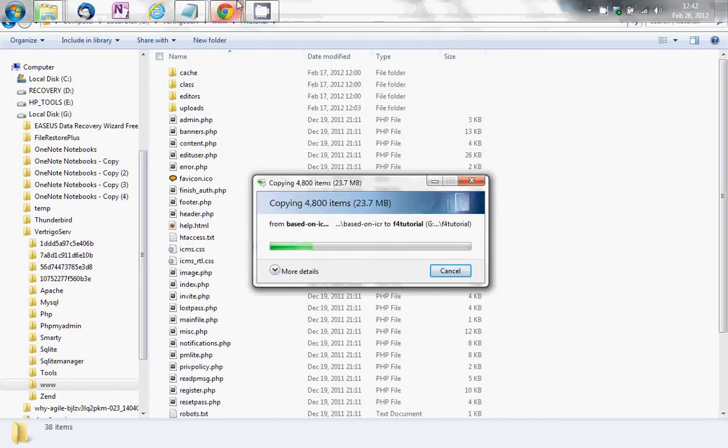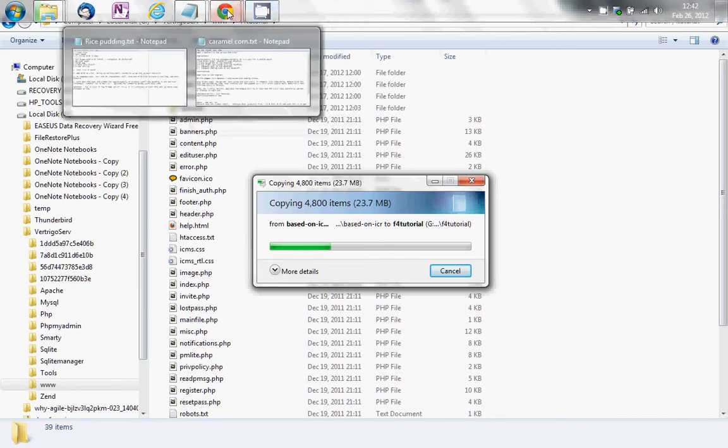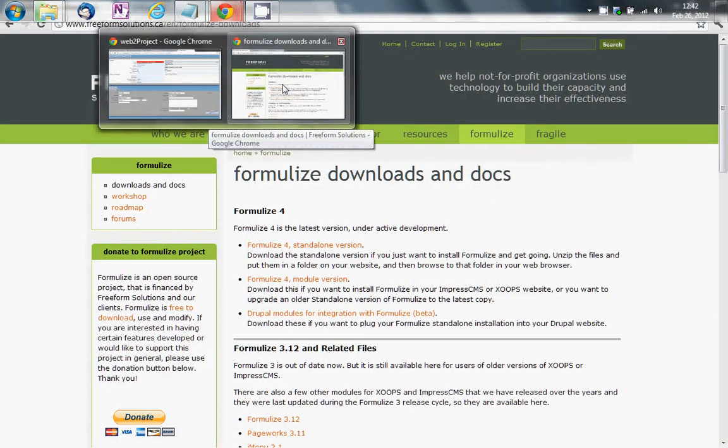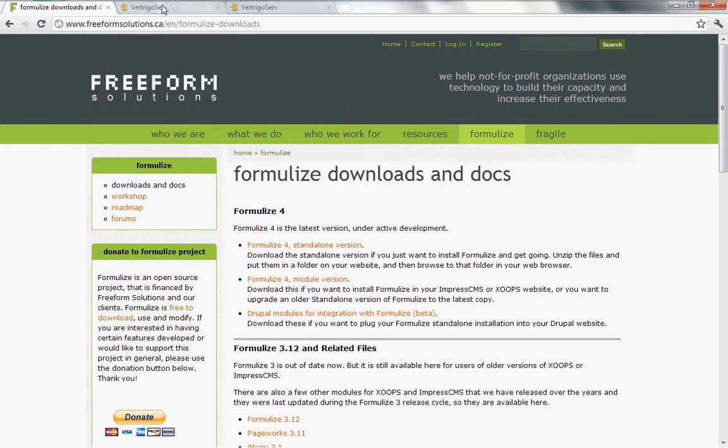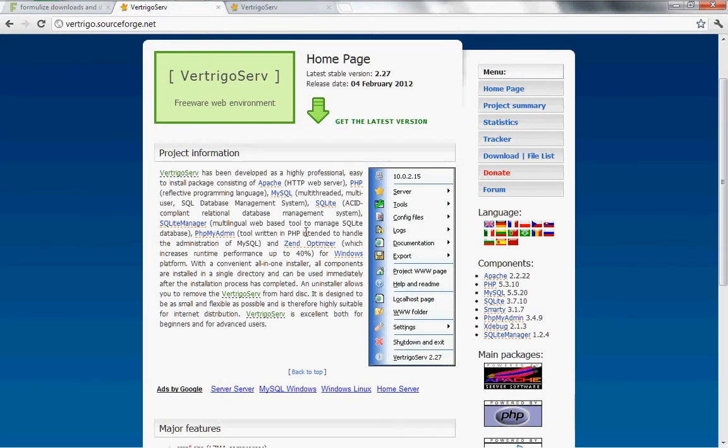While that's happening, I can show you the server that I've set up locally. If you want to do this just to try it out and test it, but don't have a full website set up for it yet, or don't want to do that yet, then you can use various local servers. XAMPP is a well-known one. There's WAMP for Windows. I like this one for Windows, Vertrigo Serve, and if you download it from the Vertrigo Serve website,